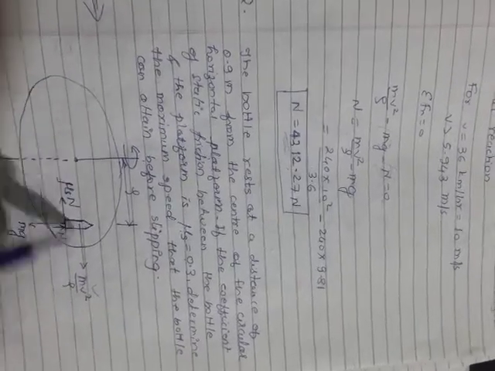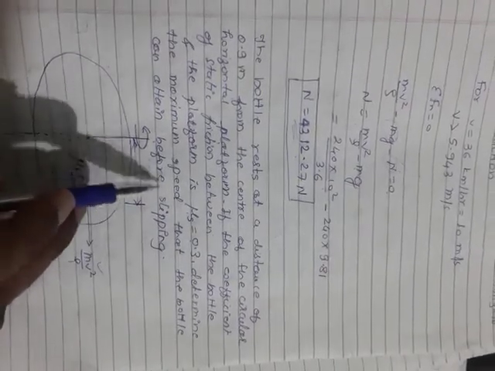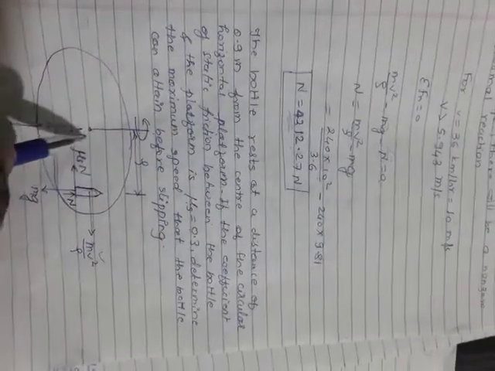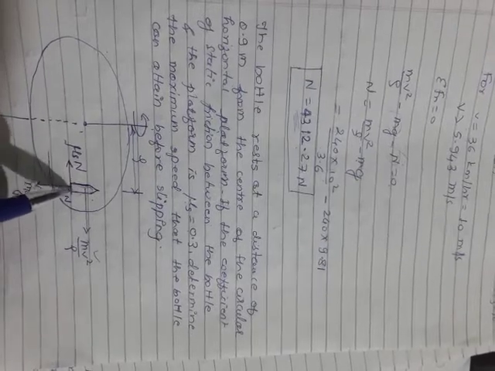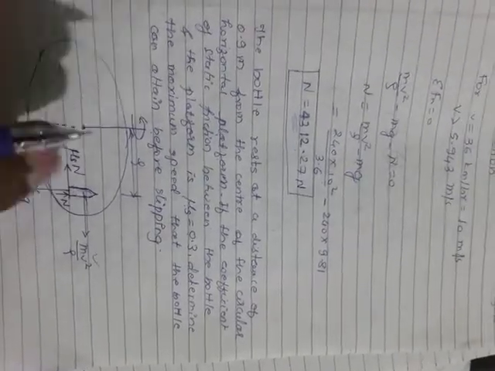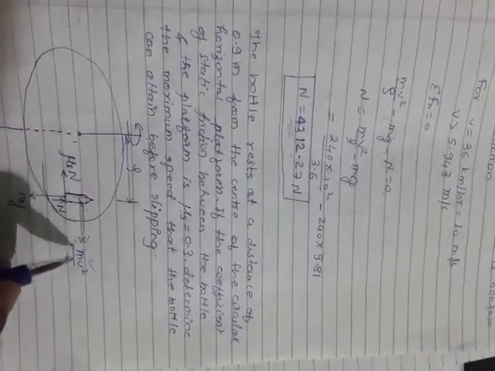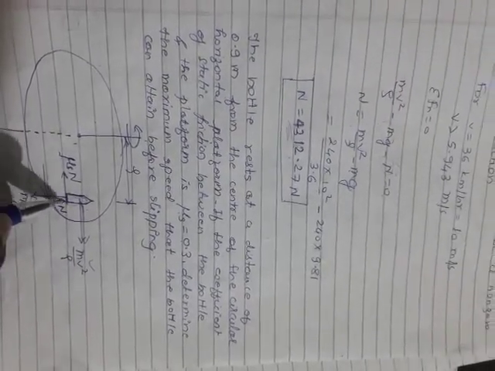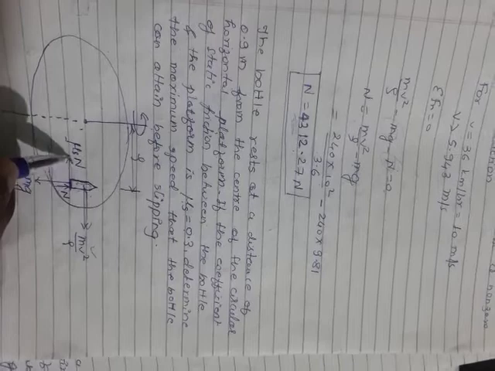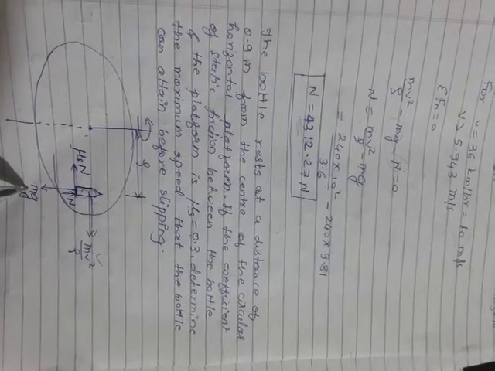So I have to calculate the v value here. In this case there is a circular platform, and the bottle is kept at a distance, suppose I consider rho, which is the 0.9 meter from the center of the circular platform. As this platform is rotating, the bottle will try to move away from the given position, so it is subjected to a centrifugal force mv square upon rho. It is touching the surface at this point, so it will give a normal reaction. Also, as it tries to move away from this position, there will be a friction force opposite to the horizontal motion. The weight of the bottle will act vertically downward.